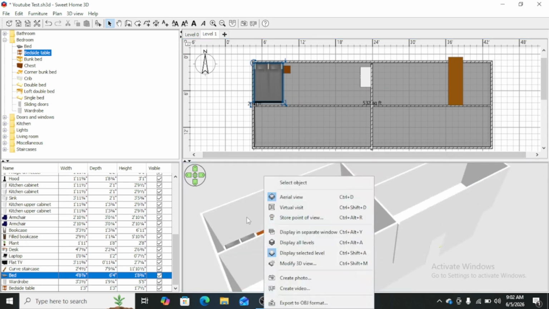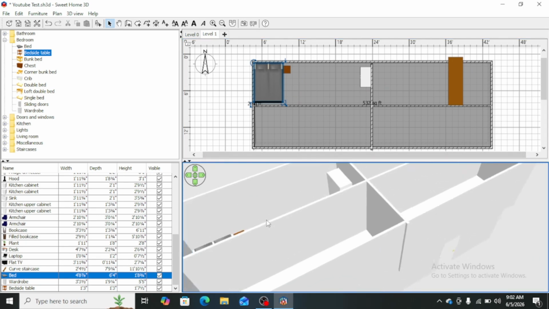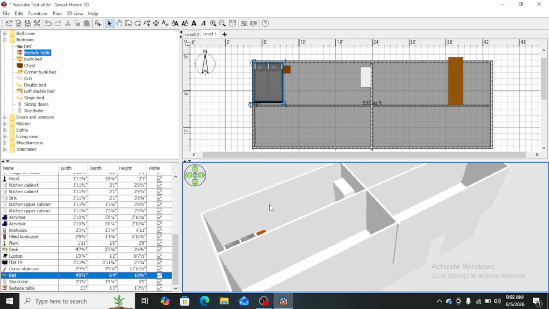And this is how our bedroom is looking so far. So far so good. But what if, for example, this wardrobe, I wanted it to be brown, not white? What I can do is select it